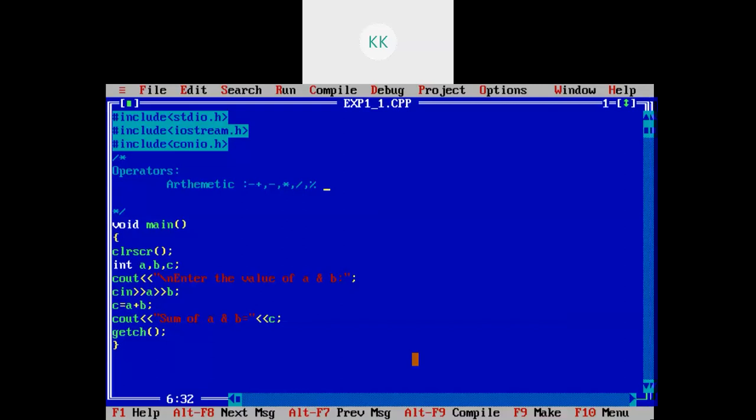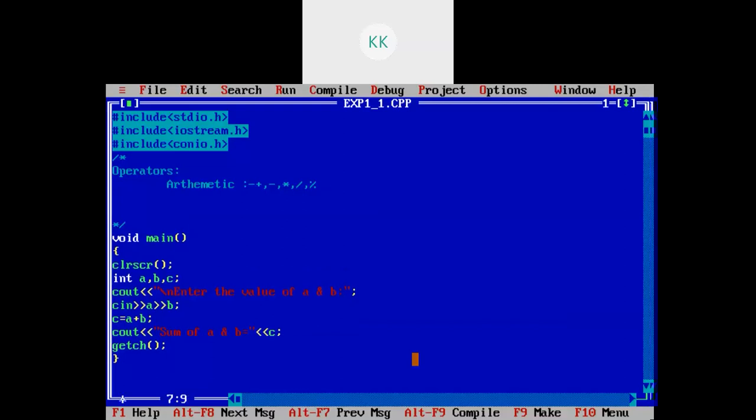Now there is automatic type conversion, which we call typecasting of variables. So what is this typecasting? Suppose you are using one float and one integer.